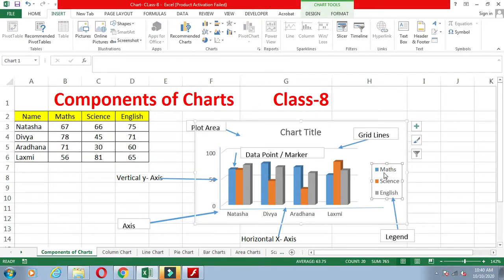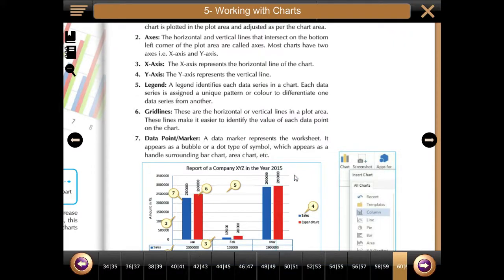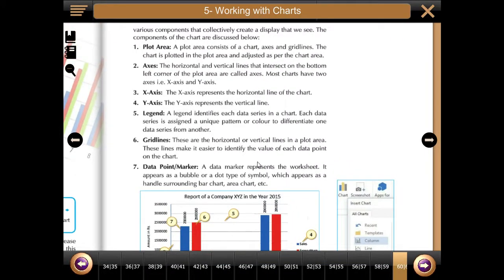First we see the different types of chart. Now these are the 7 components: plot area, x-axis, y-axis, legend, grid lines, and data point marker. These are the 7 points that can appear on the chart.